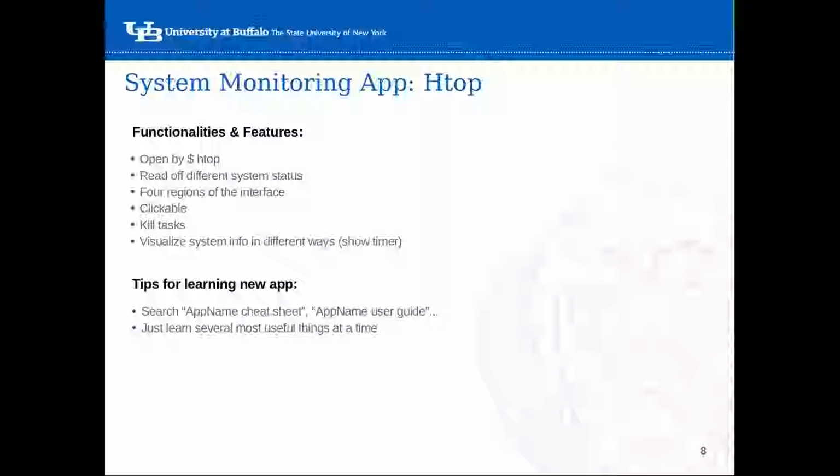And there's one thing about how to learn new apps, because in Linux you always need to use different keystrokes. So maybe you want to check the app name, cheat sheet, and user guide. It will always give you a sheet of the shortcut keys to do what you want in that app. And sometimes there are a lot of keystrokes there. You just remember the most useful ones for you. And this is a cheat sheet for htop. If you want to use that, this is the link that has a lot of information about how to use